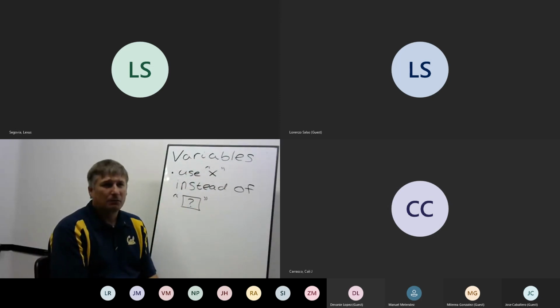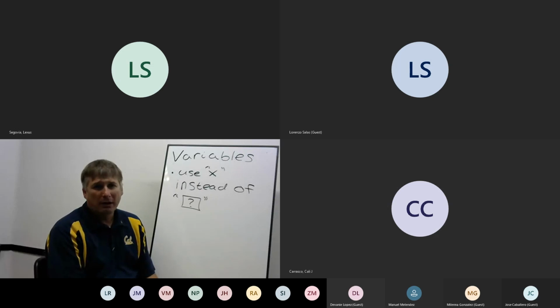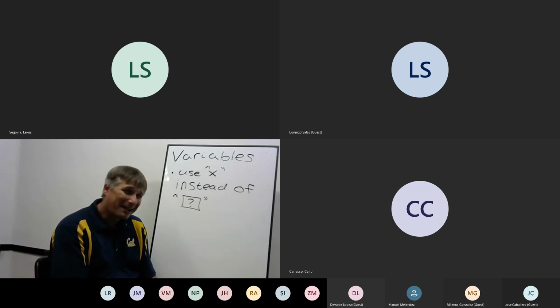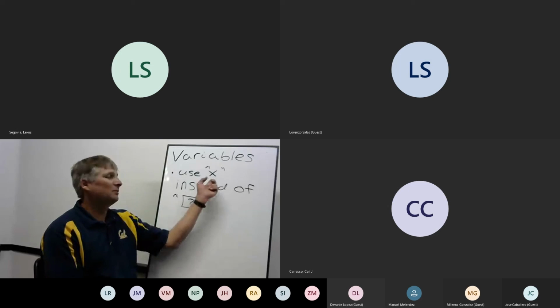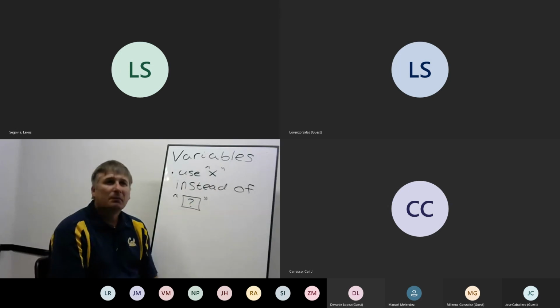But why letter X? Why not use like L? That's a pretty easy one to do. Why not use that? Well, the problem is L could look like 1, A could look like 9. Depending on your handwriting, you could confuse certain letters with other numbers. O would look like 0. Z could look like 2. Again, T could look like 7. S could look like 5. X really doesn't look like any other number. So those are speculations as to why you could use X.